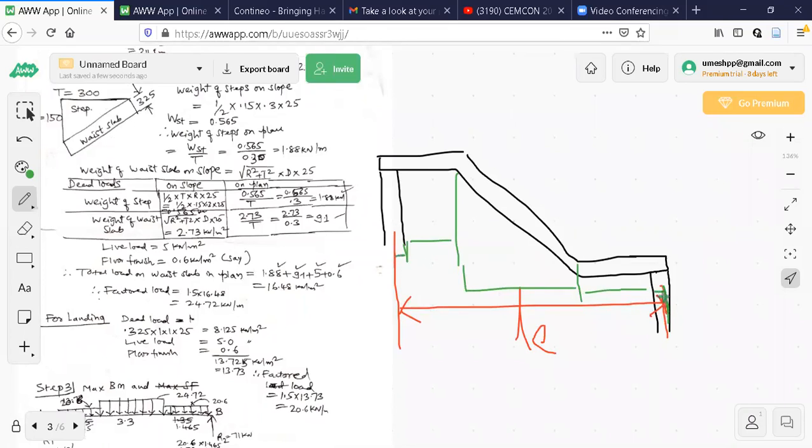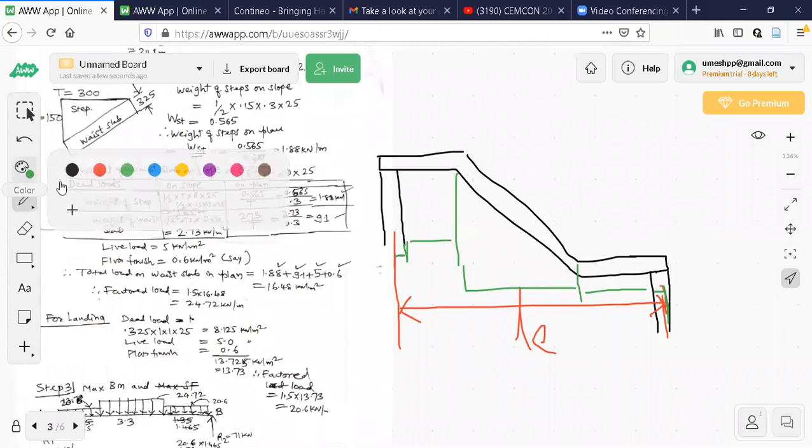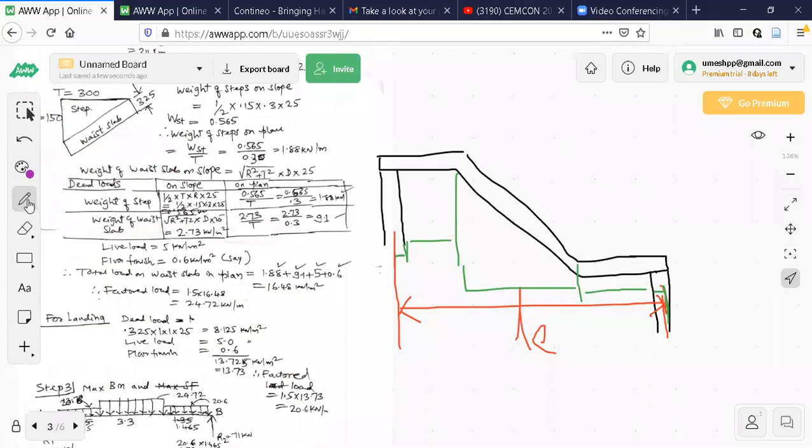0.23 by 2 here. This side 0.23 by 2. 2 into 0.23 by 2. Again 2 into 1.35, because just see this one. What is happening here is, see, this is 0.23 by 2. This side also 0.23 by 2. This is 1.35. This is 1.35. This is 3.3. So what I can do here is simply I can write 2 into